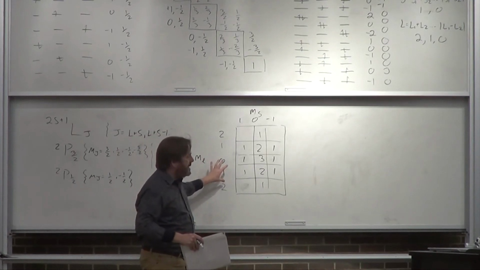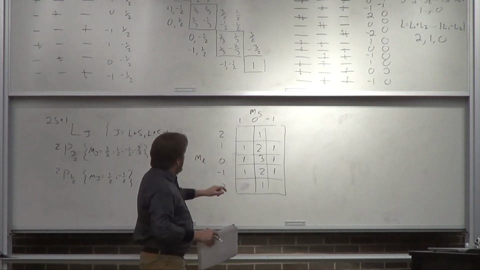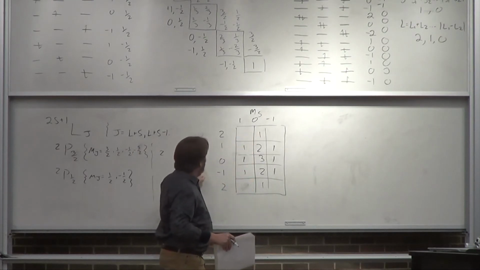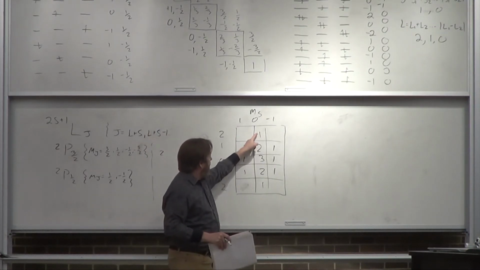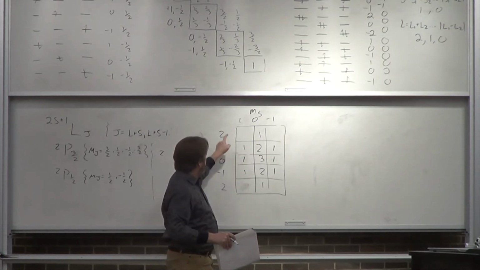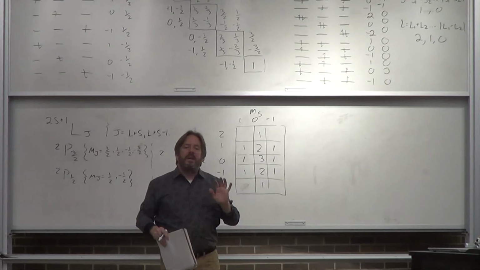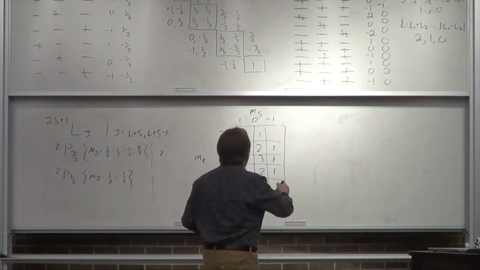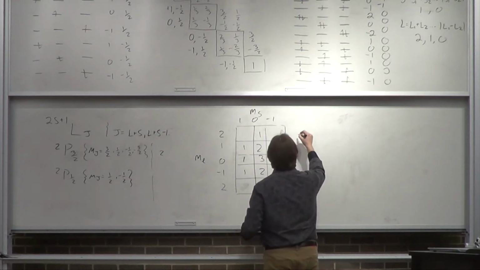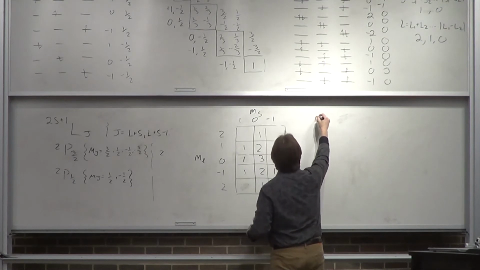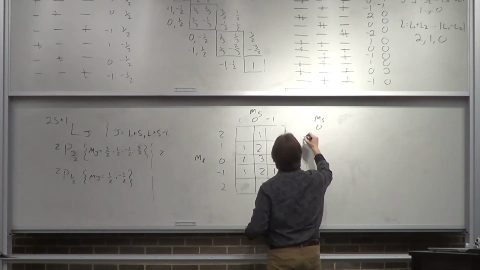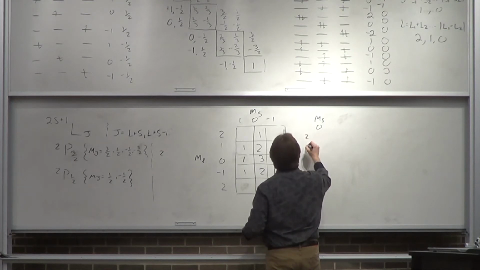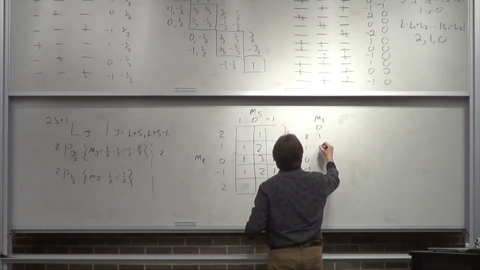So when I'm looking at this, I need to start pulling things out of it. Now what I see is the maximum length in M sub L is 5, right? M sub S of 0, M sub L of 1, 2, 3, 5 members. Only a D state can have 5 M sub L states, right? So what I'm seeing is a D state. 0, M sub L, 2, 1, 0, minus 1, minus 2. And if I take out 1,